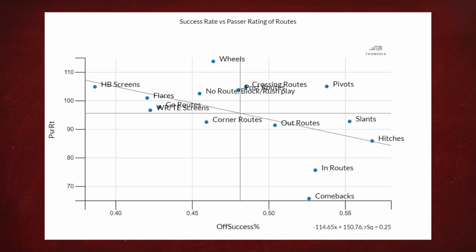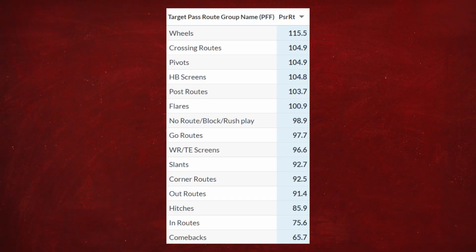So it follows that if you want to maximize quarterback efficiency, you would want to lean heaviest on the routes that fall on the explosiveness side of the curve outlined earlier. We can look at this another way. Here's all the routes targeted last season in all of college football, ranked by resulting passer rating, and here's all the routes that I established earlier that Norvell uses more than the average team. While the correlation isn't perfect, you see that his quarterbacks tend to target routes that result in higher ratings overall.